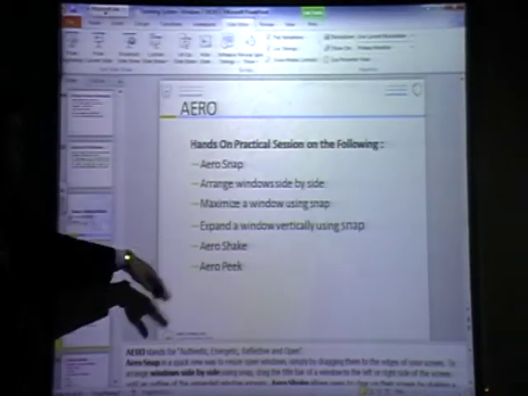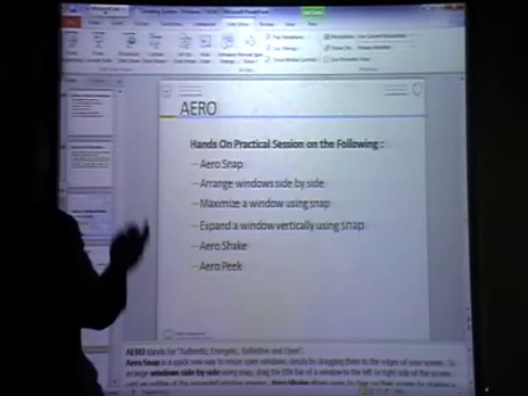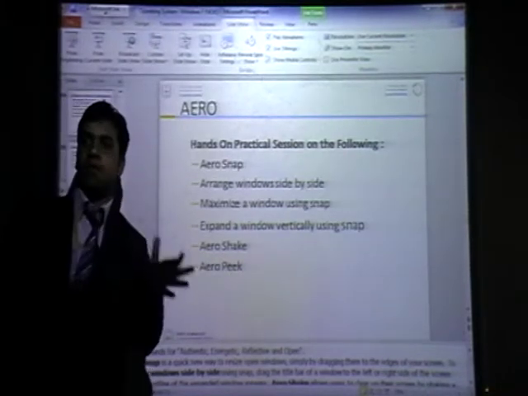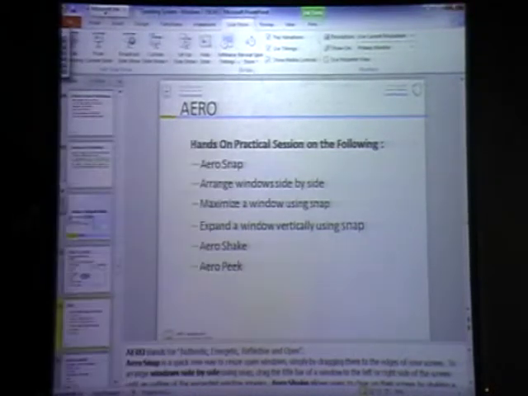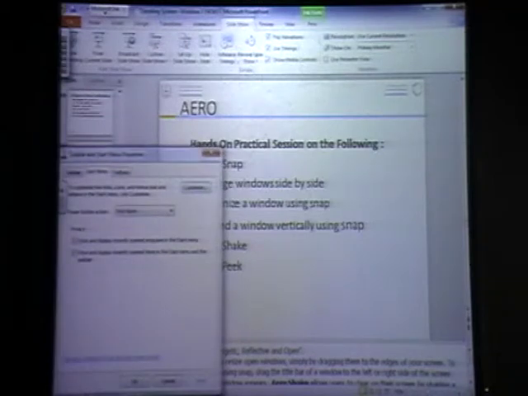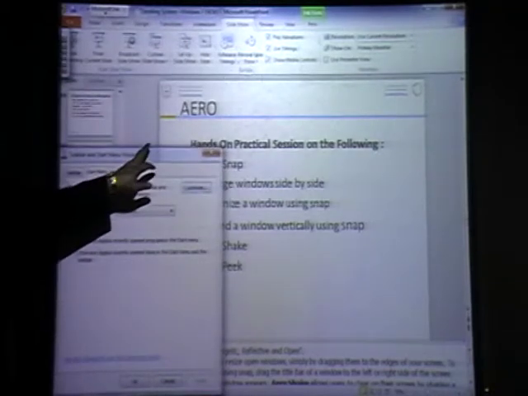Arrow snap, maximize, arrow peek. Arrow peek is important. I will show you how it works. Right click on the start button. Click on properties. Can you see?